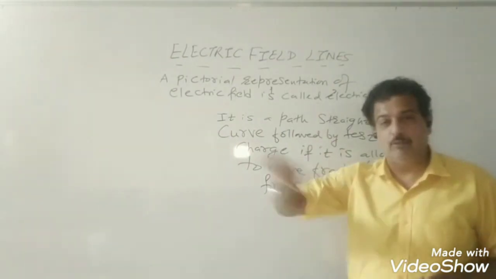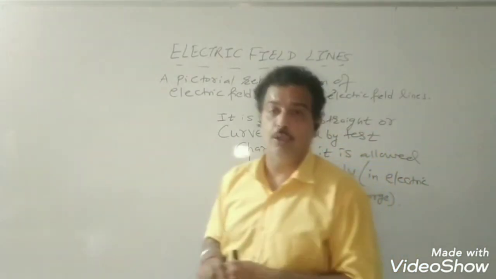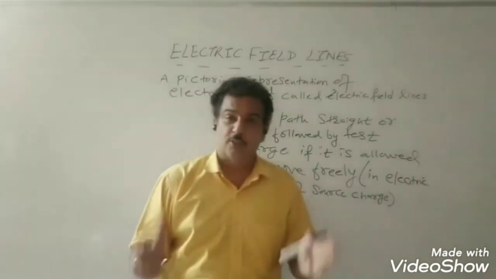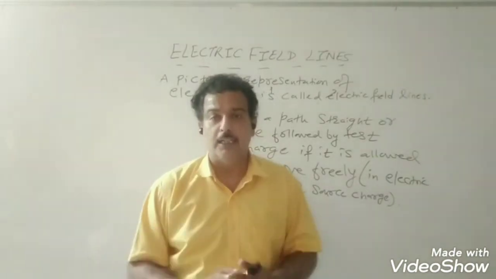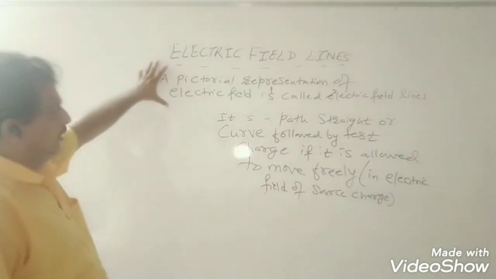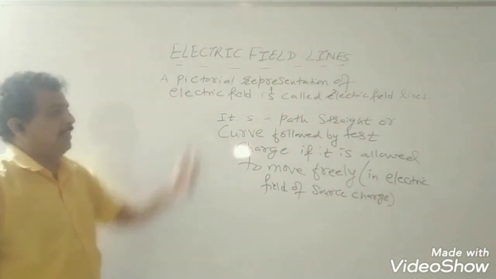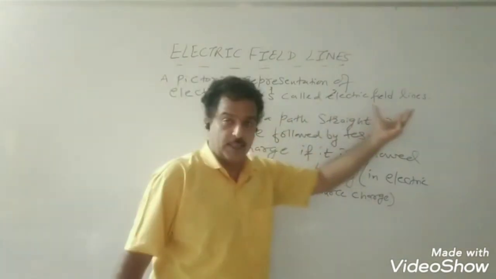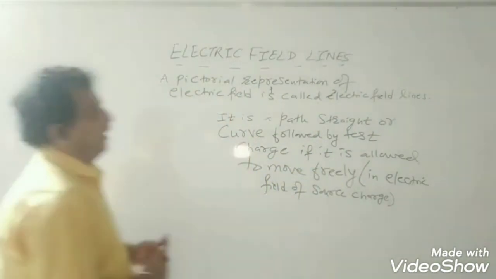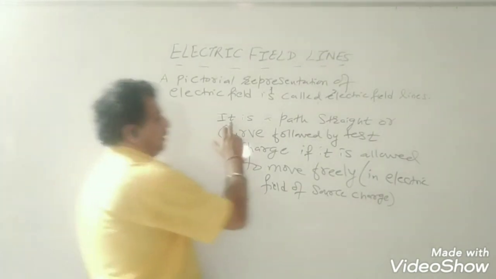So the head will give you the direction, whether it is attracting or repelling, and the length of the arrow indicates the intensity, that is, whether the strength of the source there is more or less. So that is electric field lines. So a simple definition: the diagram or picture that we take help of to understand the electric field is called electric field lines. Then after studying these field line arrows, we came to this conclusion in proper form that